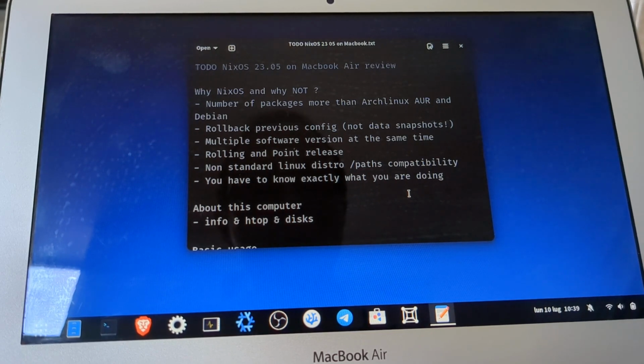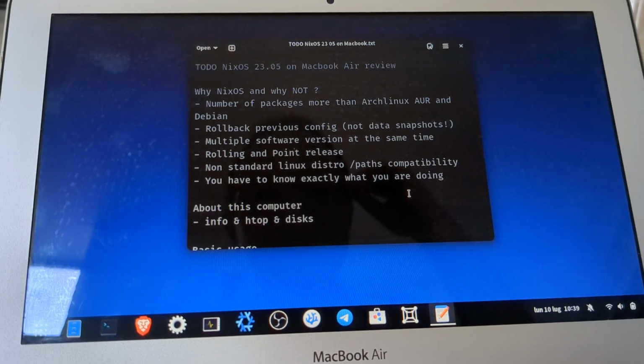You can have multiple versions of software with NixOS because it saves different versions of libraries in the same system. So you can recreate exactly the environment that the developer used when he or she made the software.